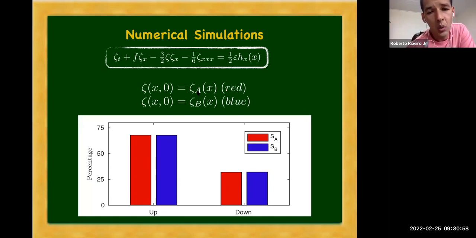And we also computed, just to give more details about the dynamic of the trapped waves, the following.